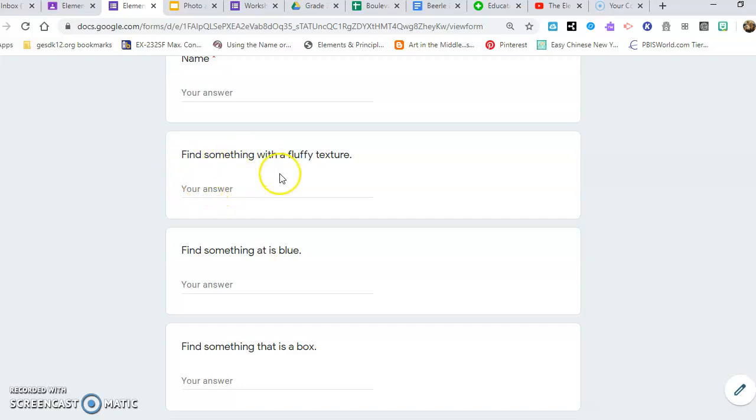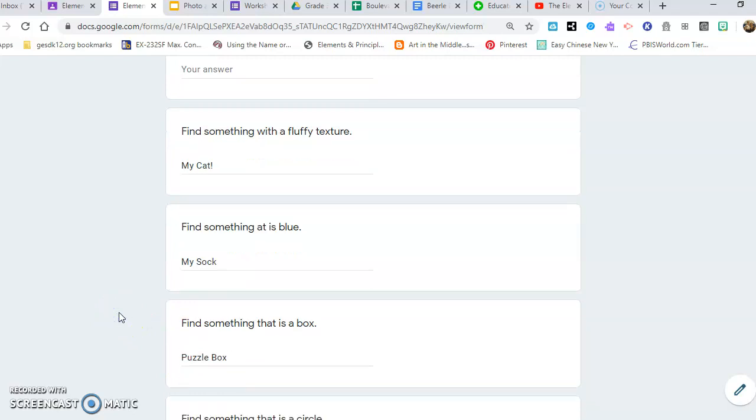So for example, find something with a fluffy texture. Maybe I would find my cat. So then here I can write my cat. Find something that's blue. I'm going to look around for things I see that are blue. My sock. Find something that is a box. You've got a puzzle box. So you're just going to do that all the way down